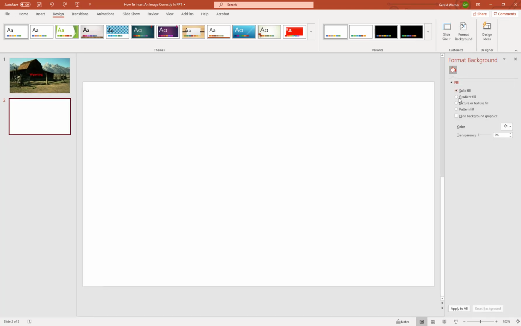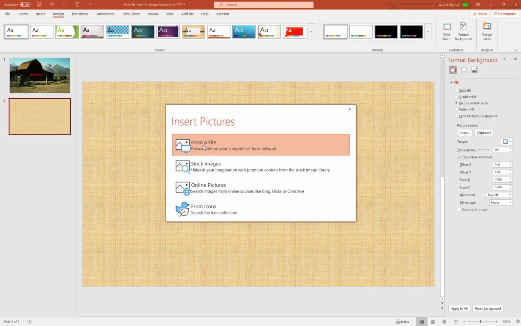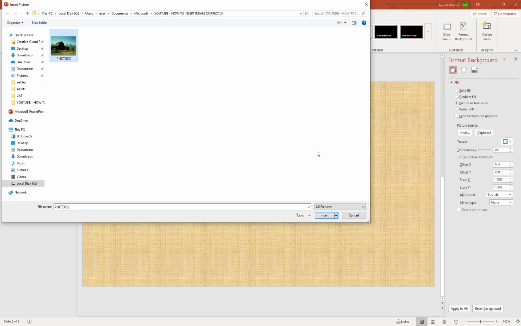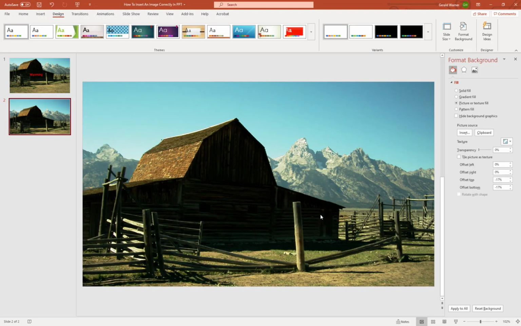So we got a background, we can have a solid fill, we can have a gradient fill, we can have a picture or texture fill. And I'm selecting that. And because we had selected up here this bamboo type texture, it pops up. But don't worry, we go down a little bit further, right over here, and we'll select Insert. We're inserting a picture from a file right on the computer. Once again, our barn in Wyoming. We'll insert it. Bingo. Now, one thing that's happened, and I don't know if you noticed, is the fact that